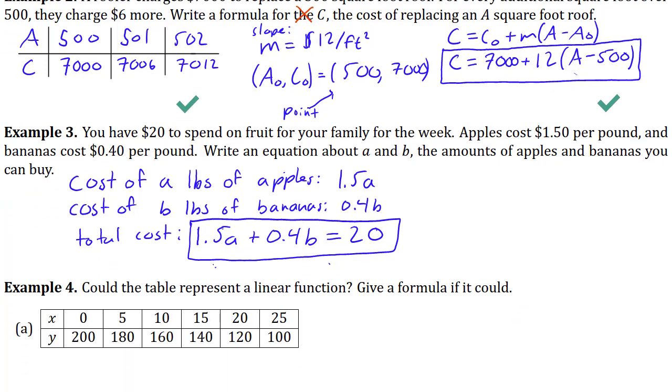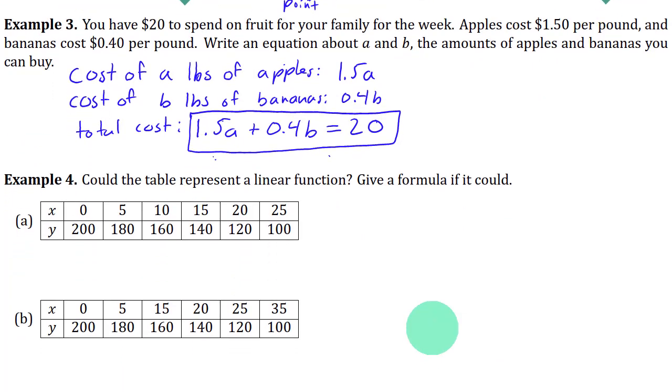Okay. Now let's look at example 4. Could the table represent a linear function? And let's give a formula for the linear function if it could. So the hallmark, basically the definition of a linear function, is that it has a constant rate of change. So in other words, the change in y divided by the change in x is